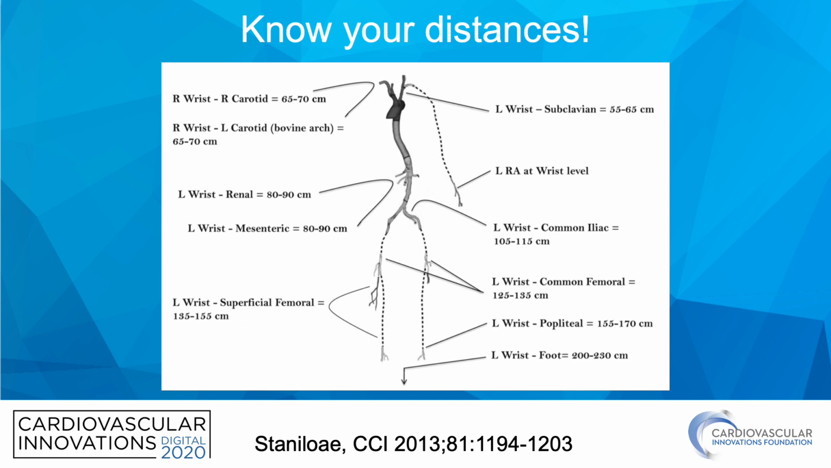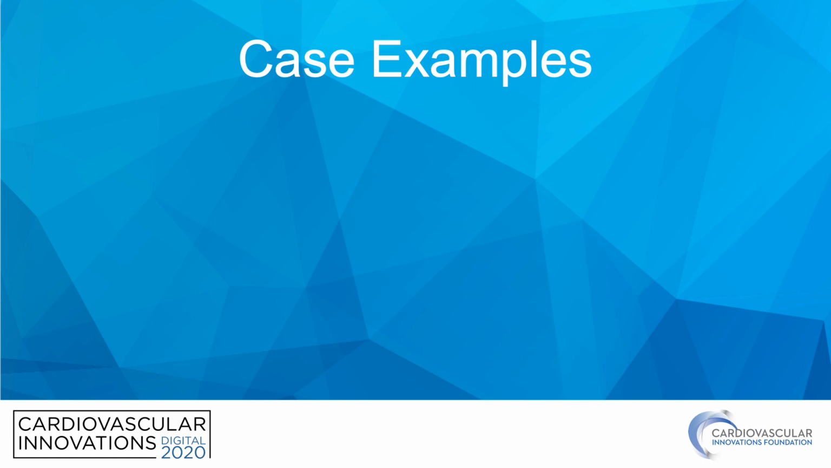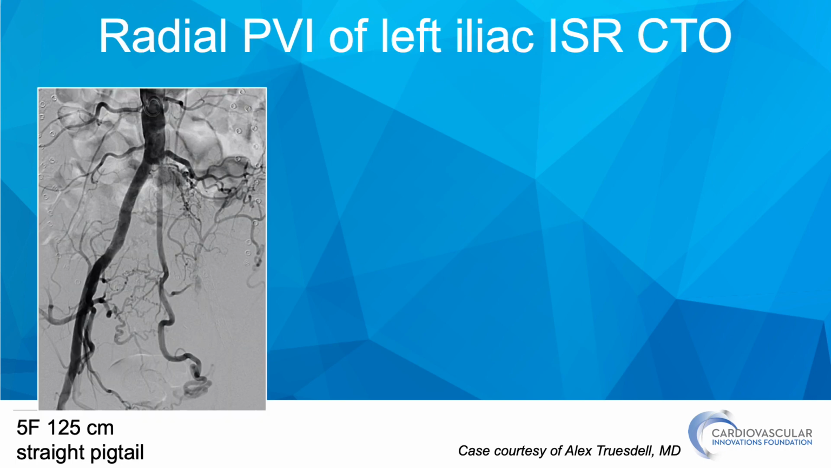It's important when considering peripheral intervention from a radial approach to know your distances to make sure that your equipment will be long enough to reach the desired target stenosis. This has been improved dramatically in the last couple of years now with the availability of the RTP Terumo sheaths and balloons. This is an example of a left iliac